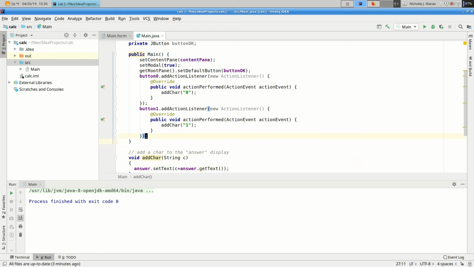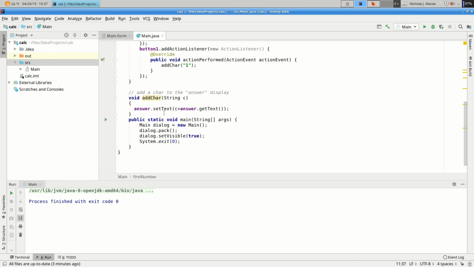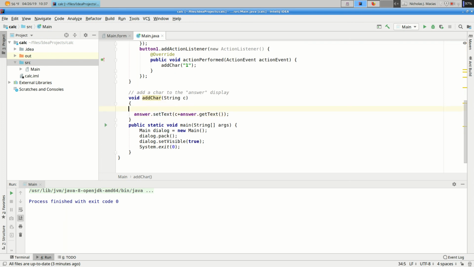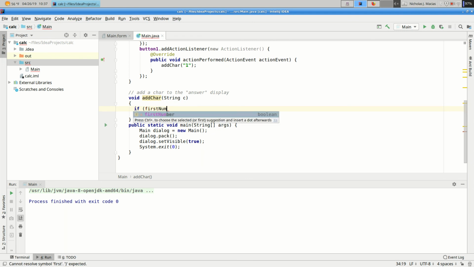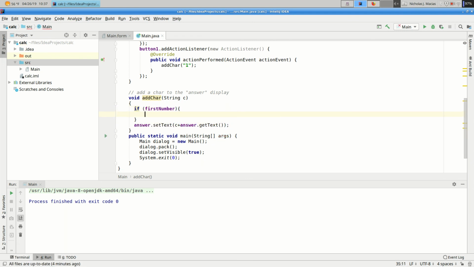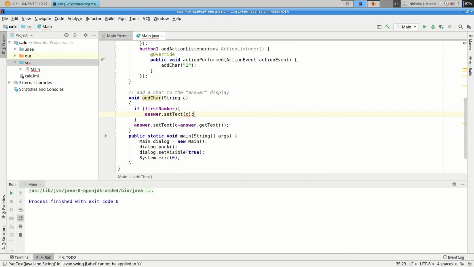So let's make a flag. I'll make a private Boolean, first number equals true. And now in my add character method, if first number, then we'll just go ahead and make our number equal to whatever the user put in.